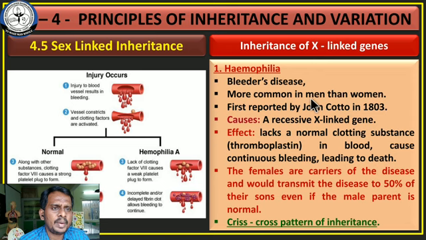It is more common in men than in women. Why? Because women have 2 X chromosomes, one X chromosome with the dominant and another X chromosome recessive. And this is a disease that is transmitted to the offspring due to the recessive gene. So due to the presence of a dominant gene or dominant X chromosome in women, this disease does not exist